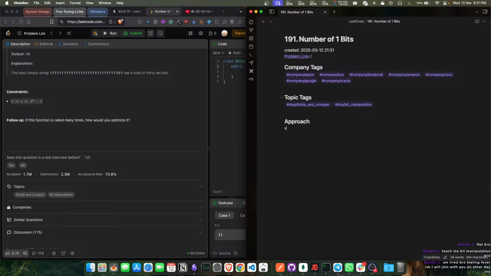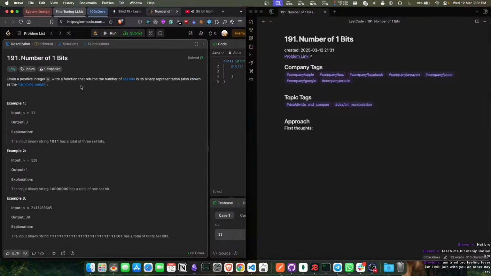All right, write a function that returns the number of set bits in its binary representation, also known as the Hamming weight. Okay, set bits is basically the number of bits which are just 1, right? Oh, I think it's pretty easy, right? Like, all I have to do is